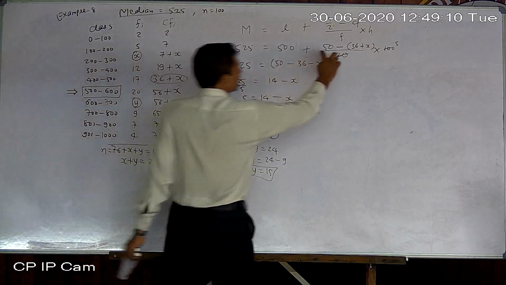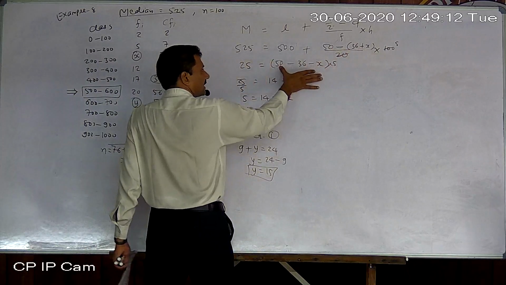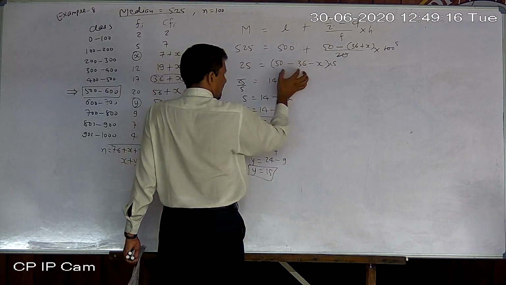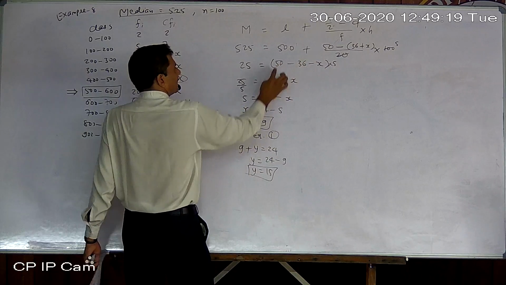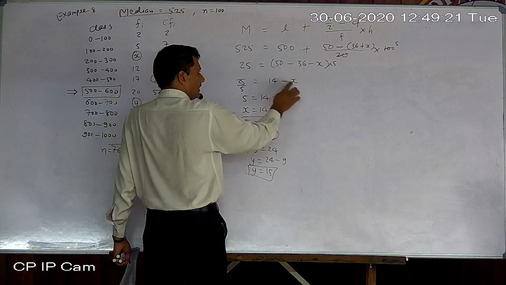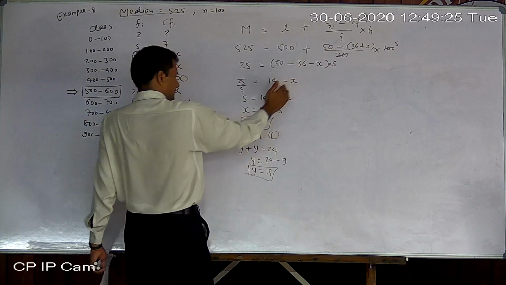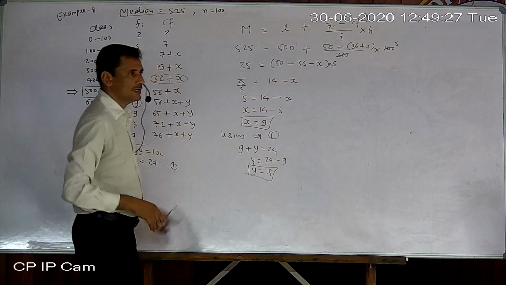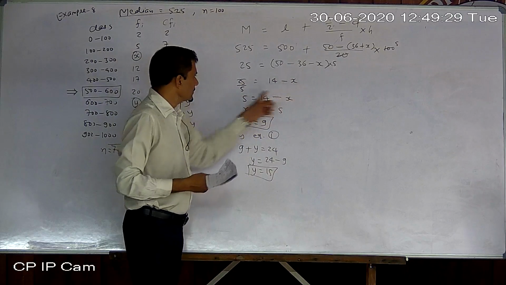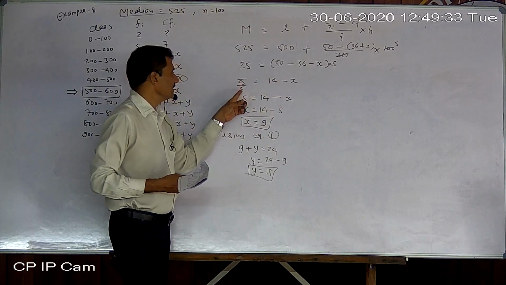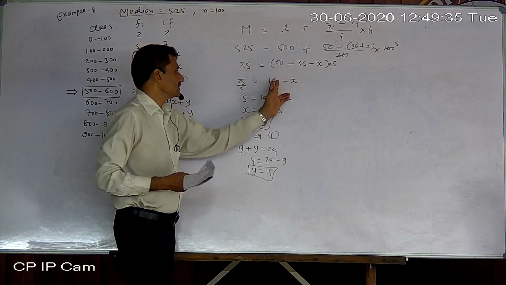This is a line bracket. Okay, so make the bracket still. Now either we can simplify 50 minus 36, 14 minus 8. Now 14 minus x into 5, otherwise shift that 5 here. So I shifted 5 towards the left side. Okay, so it becomes 25 upon 5 and 50 minus 36, 14.